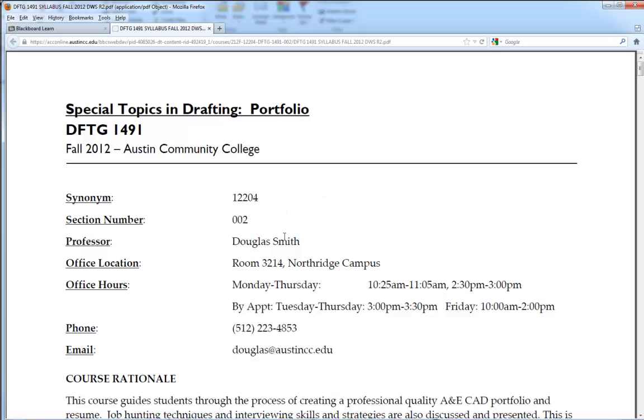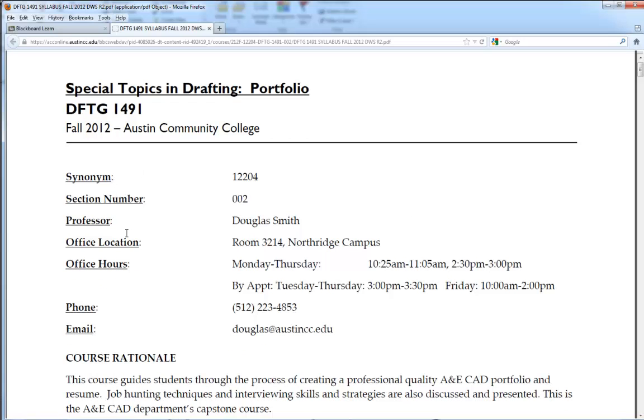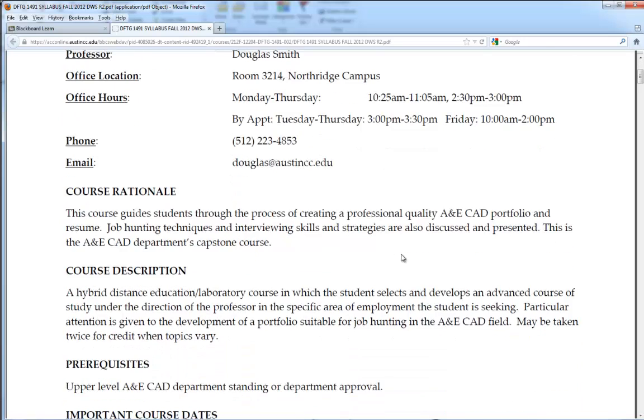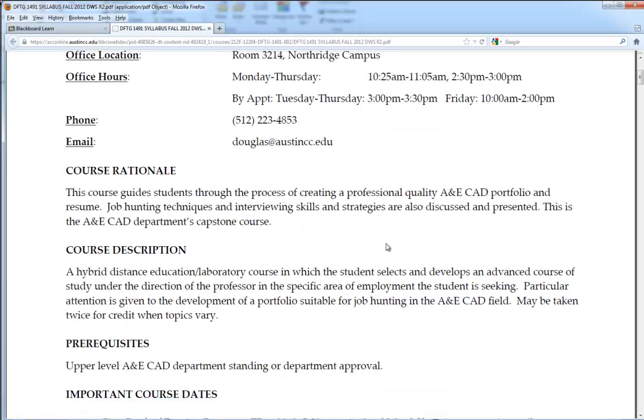This will give all the information, just like a typical syllabus does, about who your professor is, where their office is located, what their office hours are, and how to get in touch with them, which you can see right here. It will also cover the standard parts of a syllabus, things like the course rationale, course description, and any prerequisites. Now, the only prerequisite for this course is upper level A&E CAD department standing, and there's a good reason for that,